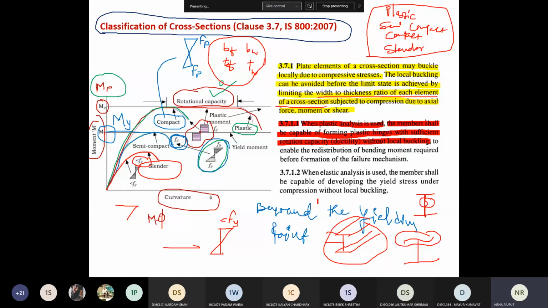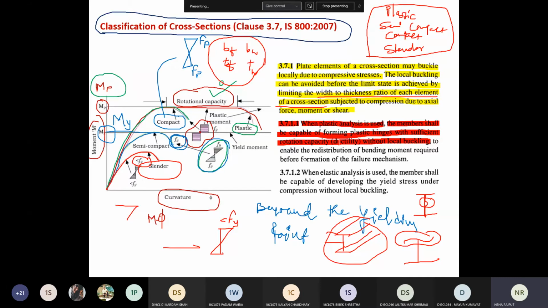Advantage of plastic analysis is it will form the plastic hinges, right? What is the role of plastic hinges? From those hinges itself, the rotational capacity, your member will be allowed to rotate without buckling, right?